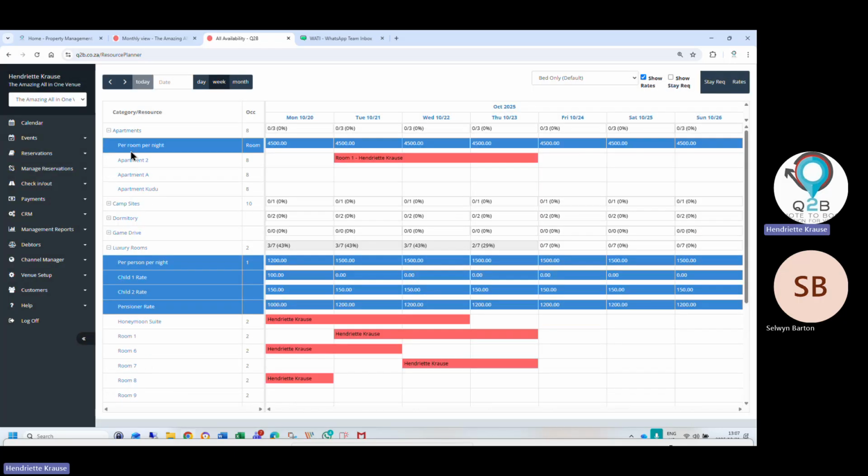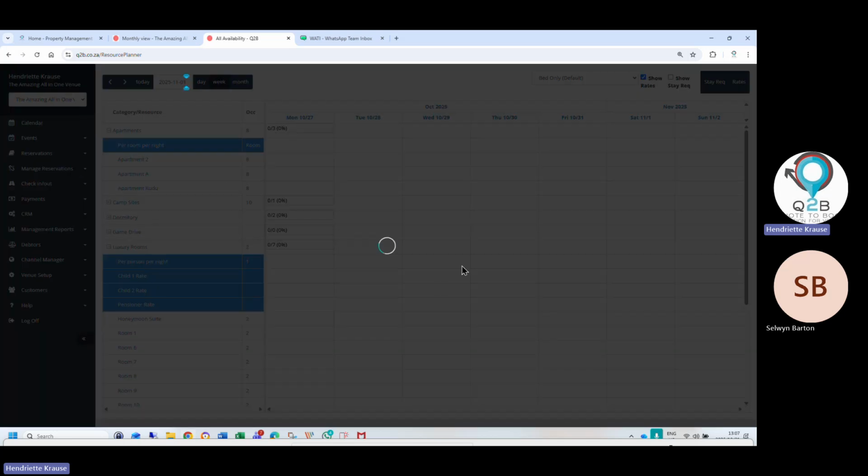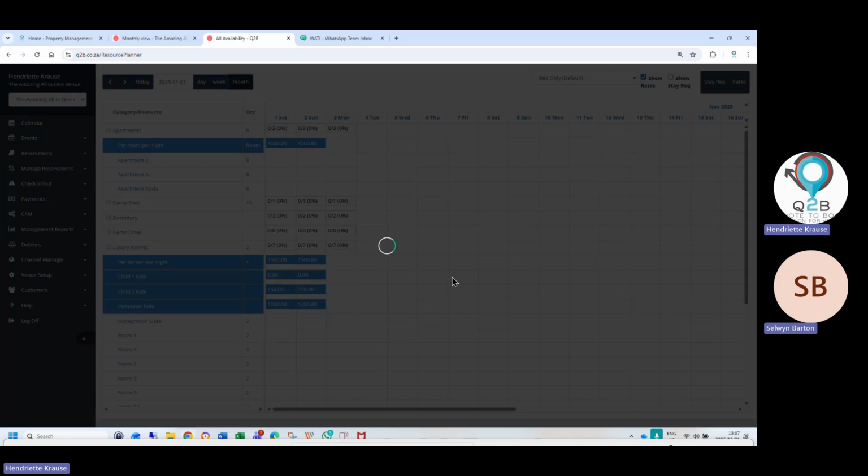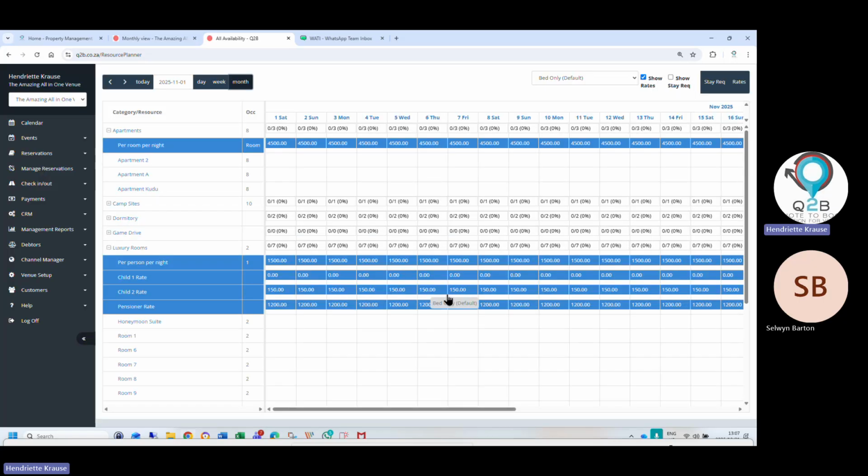Okay. So it's per room per night, so it will only give you one rate to update and you can update it. Now if I go to December or November where I updated it, you can see immediately, it pushes immediately to all your online links that's also available for guests to book online. So you say online links. What do you mean when you say that? All the different portals. So we've got a direct link that we offer you, which you can use on your website. You can WhatsApp the link and then people can book themselves.